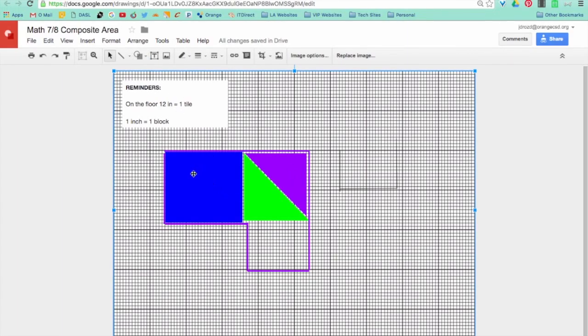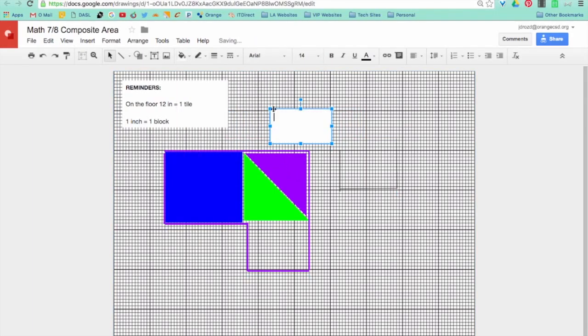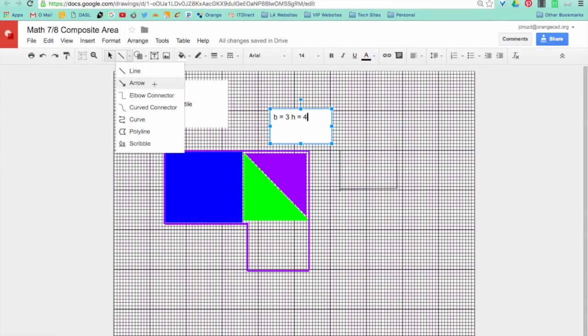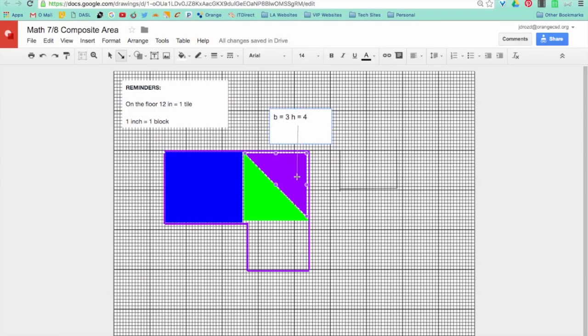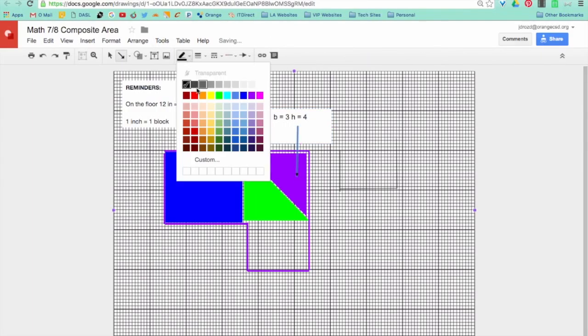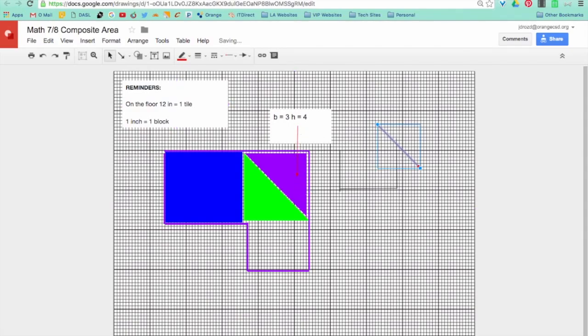So here are your 2 options for adding your text or your formulas in here. You could draw a text box outside, because this triangle is a little bit small to write in. I'm going to fill it in, and then I can just type. So my triangle, let's say the base is 3 and the height is, I'm just making this up, 4. Then I could take my arrow and draw an arrow. Just make sure that Miss Schnee is clear that I'm talking about this box. I'm going to change the color too. You could also just double click in the box and do your typing right in there. So let's say that this shape is 12 by